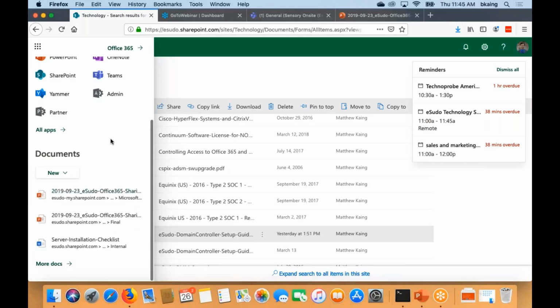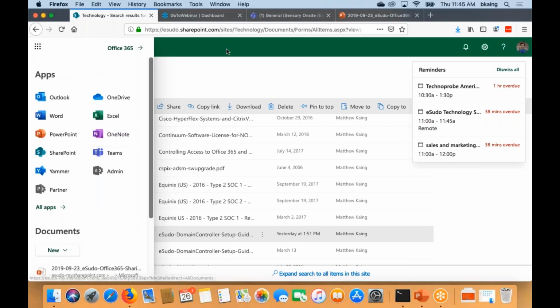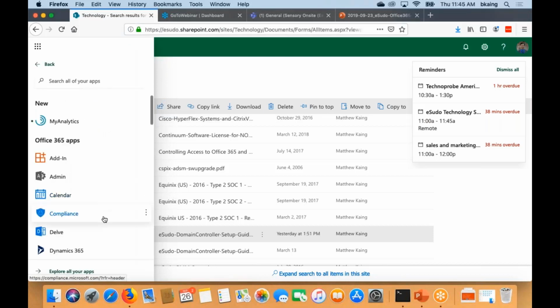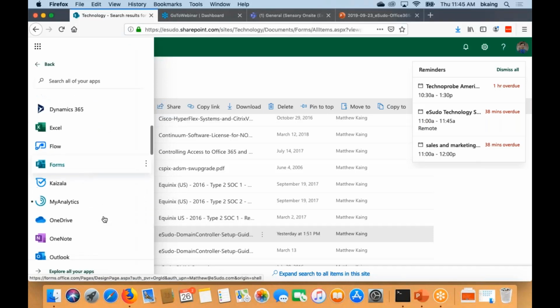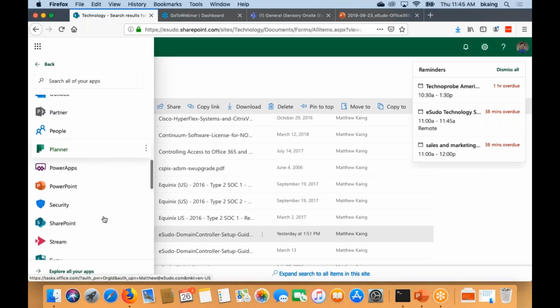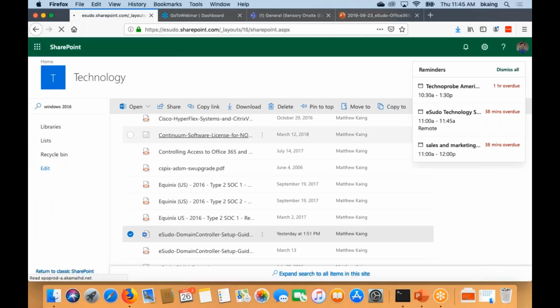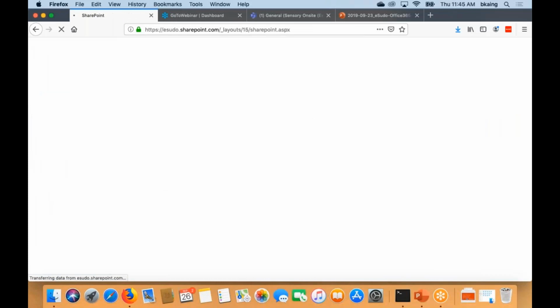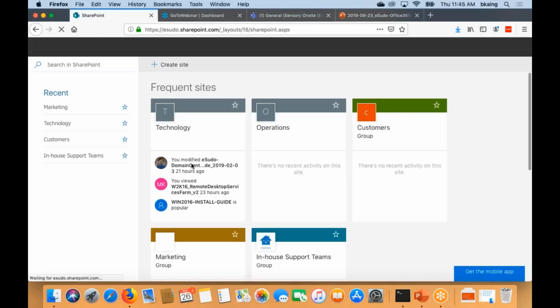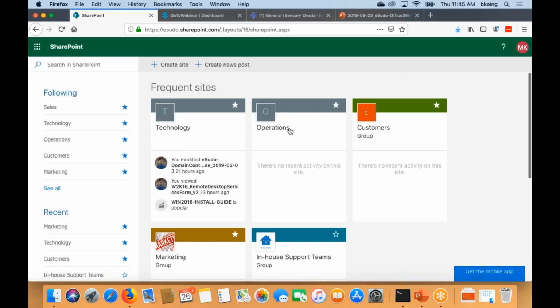The easiest way is probably for me to show you guys when I log onto my SharePoint site. So I log onto my SharePoint site. This is like a home page, my default homepage.